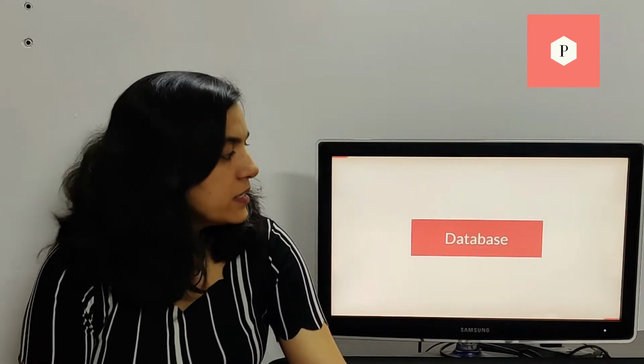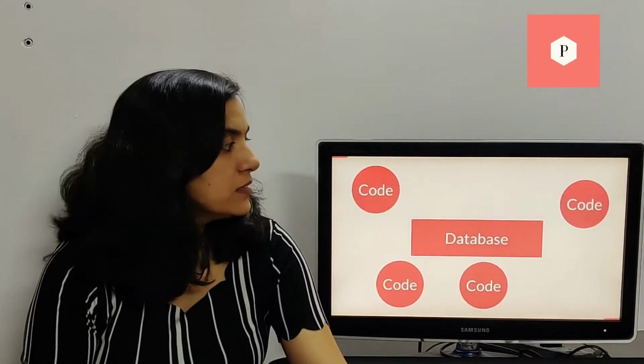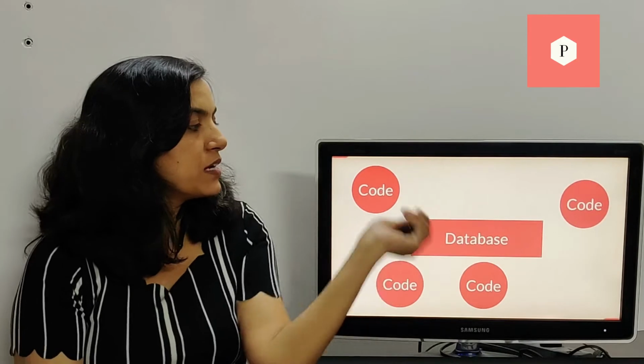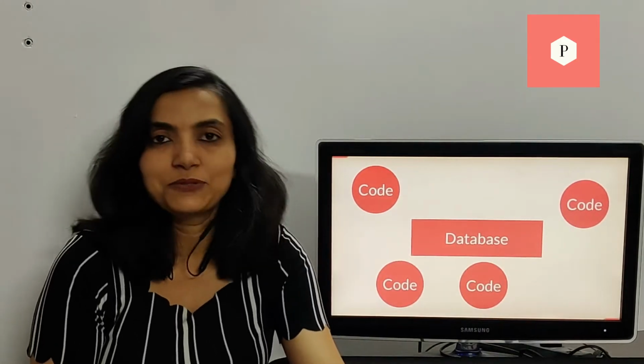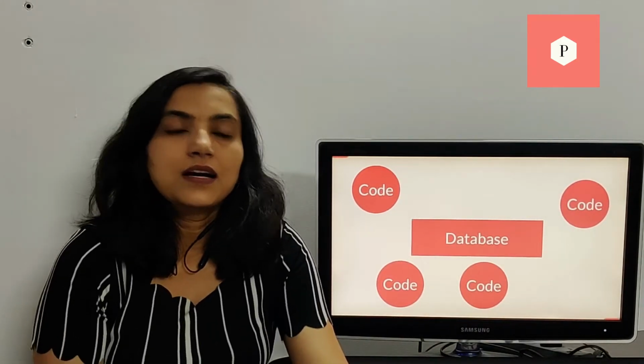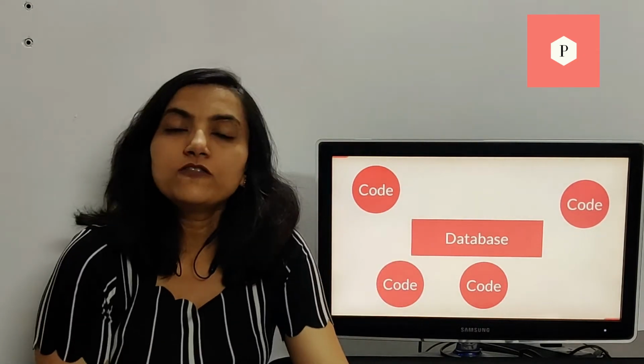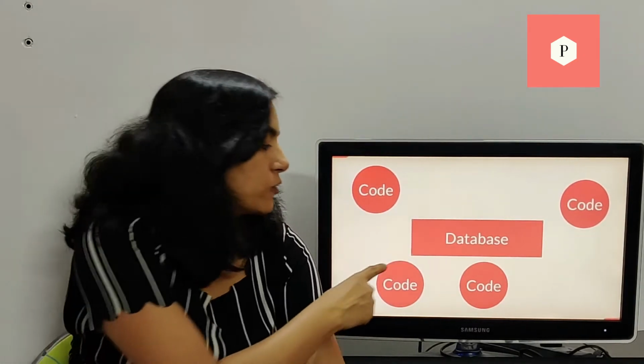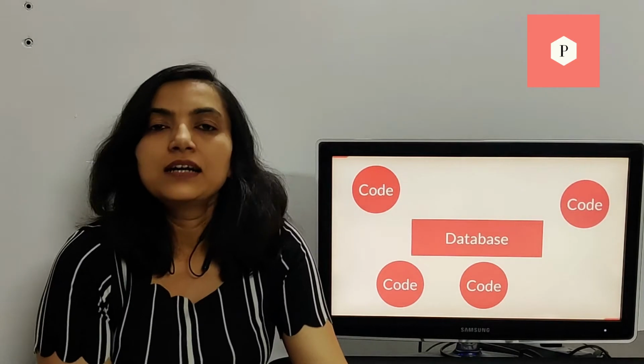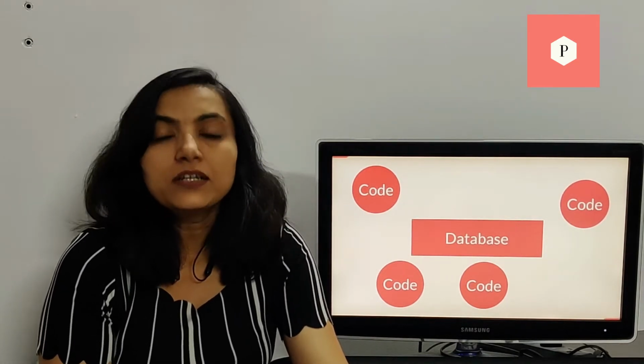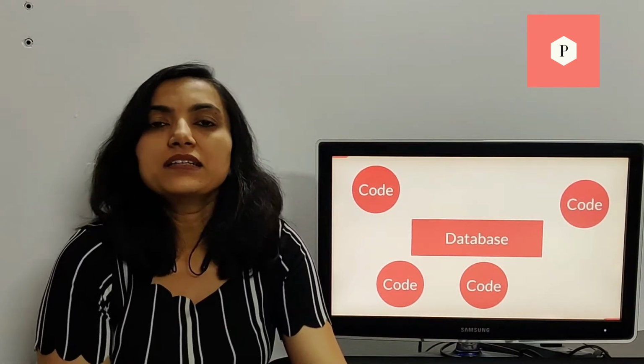Let us start by understanding the basic building blocks of a code. What does it consist of? Fundamentally, any software product consists of two things. One is the database and second is the code. Why do you see so many different bubbles for the code? We will come to that. A database is where all of product's data is stored and code acts on this data. It either reads and presents it or adds, deletes and makes changes to it.